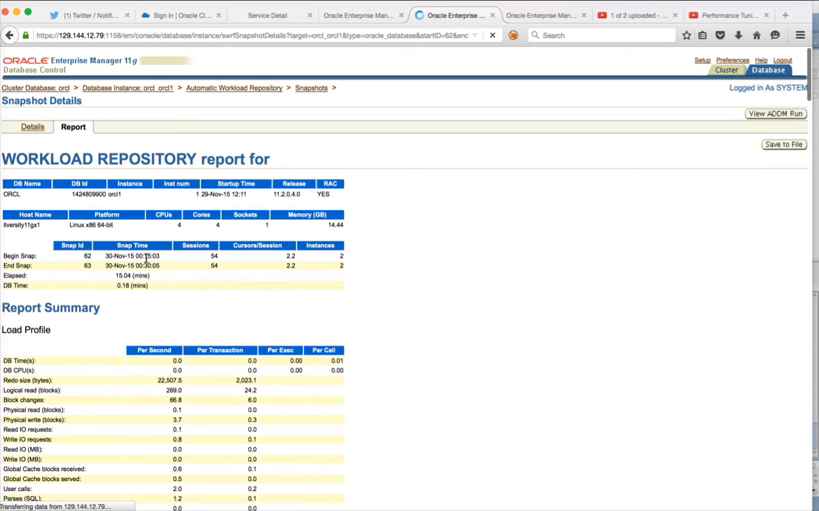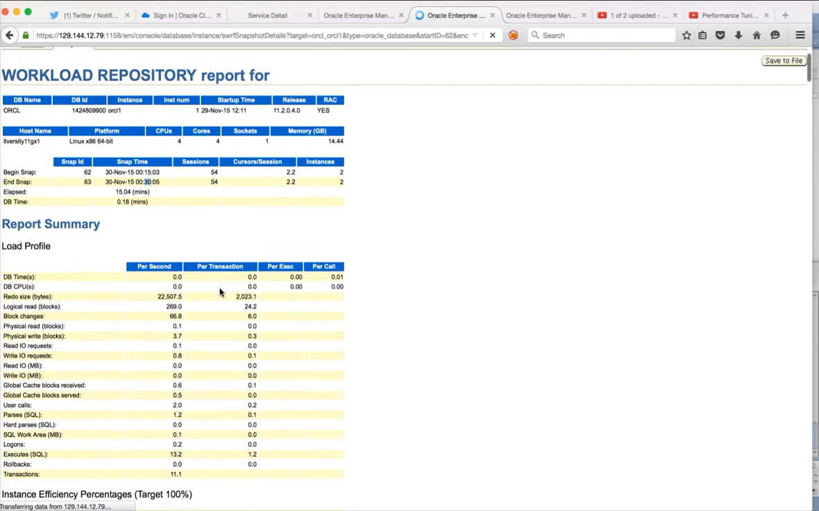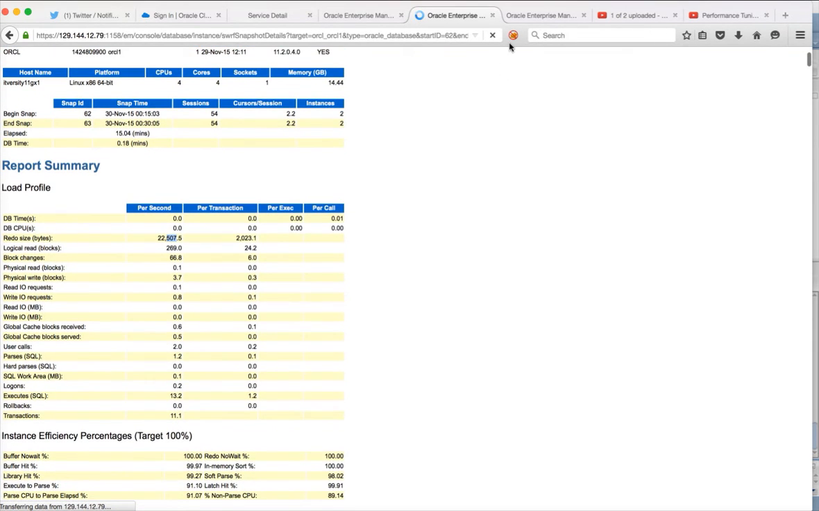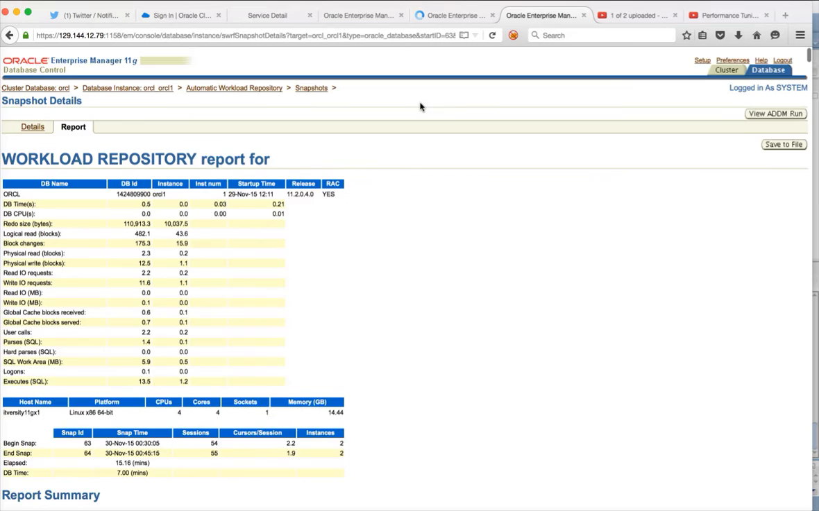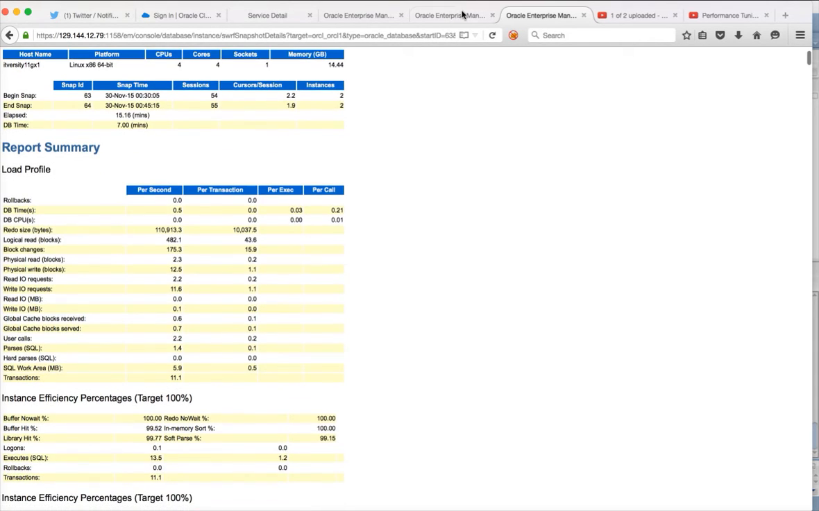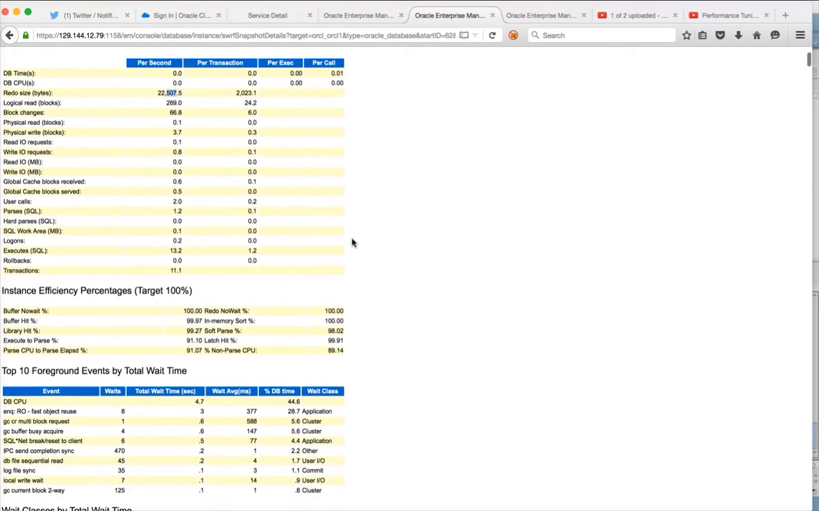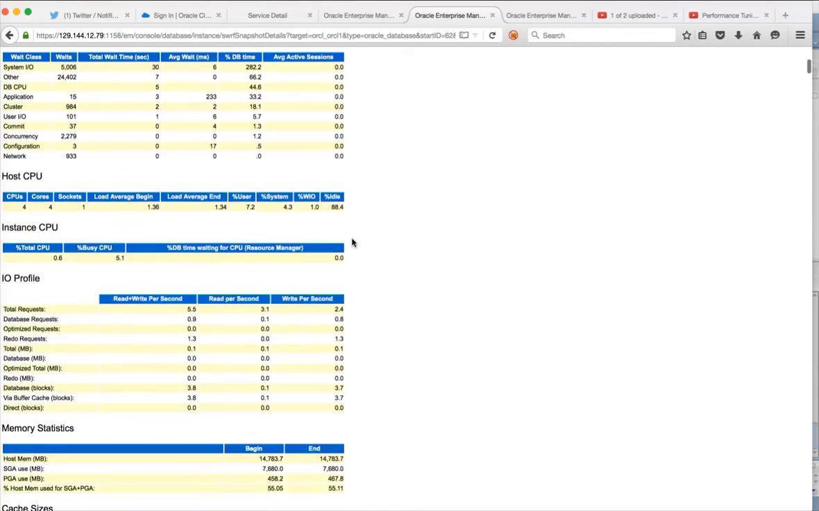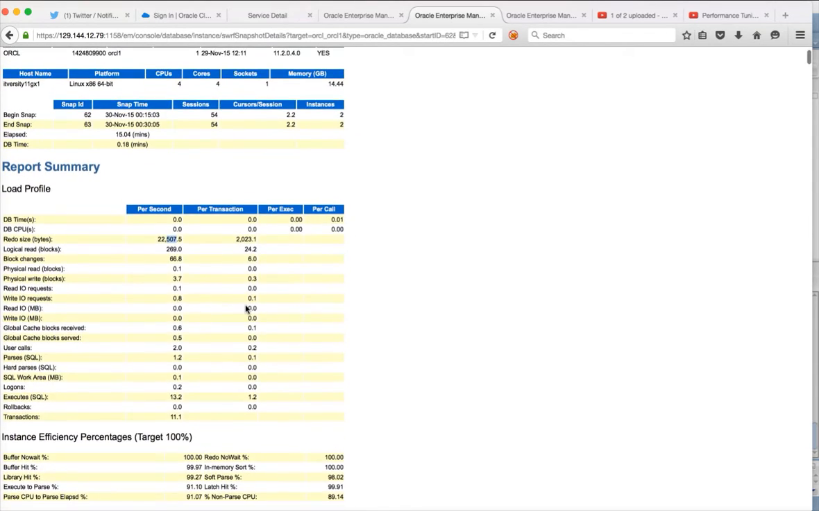Yeah, this one is for 12:15 to 12:30, and you can see that redo size is 22,507 per second, whereas here it is 110,913 per second. It's in bytes, so the redo is more between 12:30 and 12:45 than between 12:15 and 12:30. And on top of that, it provides a lot of information. You can start with